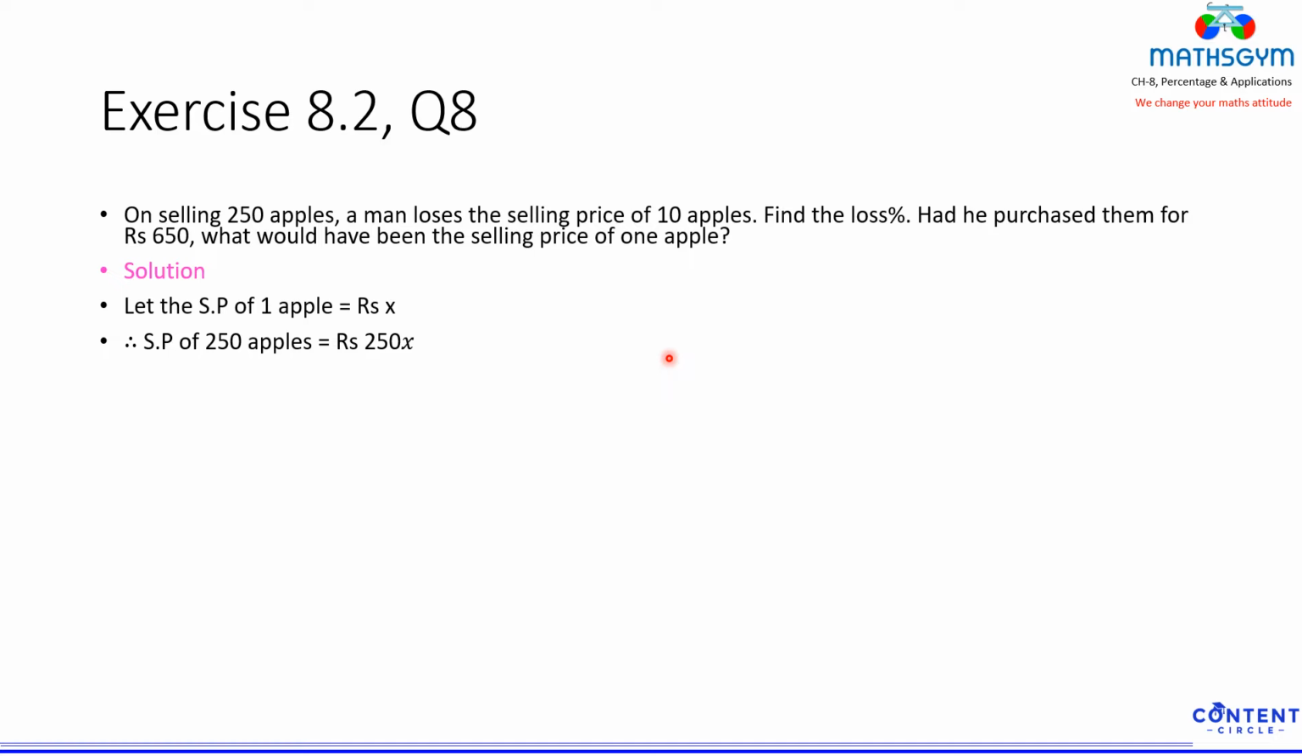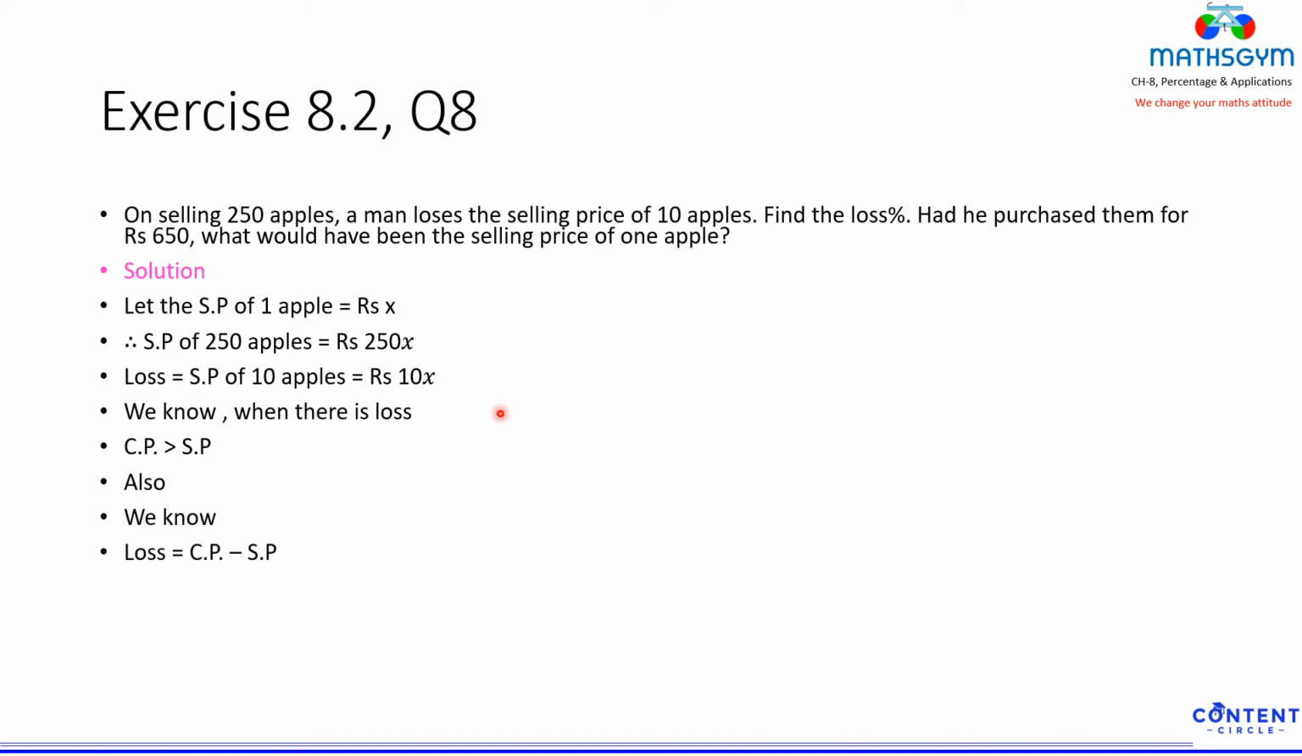Therefore, selling price of 250 apples will be rupees 250x. Loss is equal to selling price of 10 apples, and that is given in the question. The loss is equal to SP of 10 apples. So my loss is equal to rupees 10x. We know when there is loss, CP is greater than SP. Also we know that loss is equal to CP minus SP,